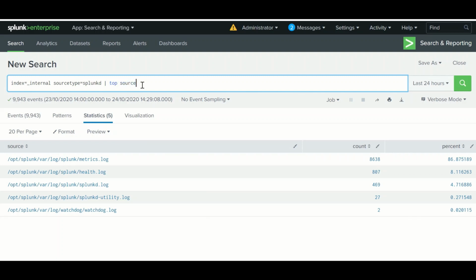It can be any field, whichever you want. Here only 5 sources are there in my index, because I have recently installed this instance, so there won't be much data. By default 10 records will be fetched through top, and it will store this. This is called an intermediate table.